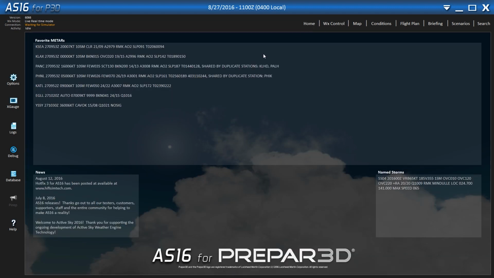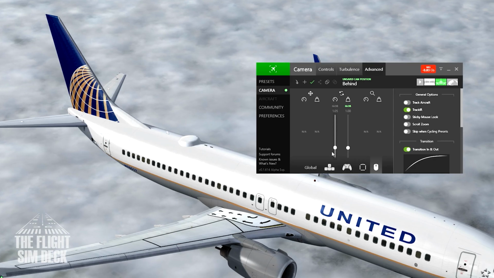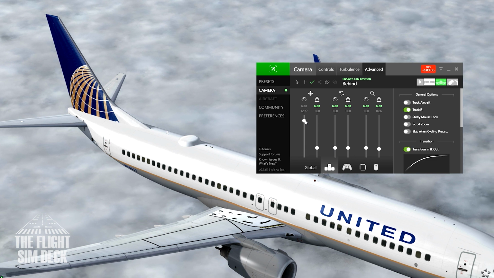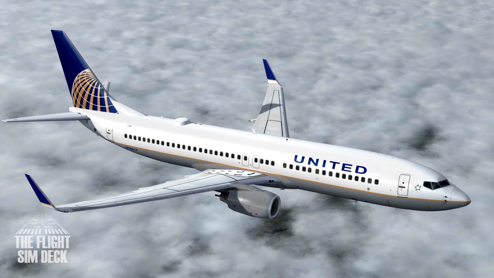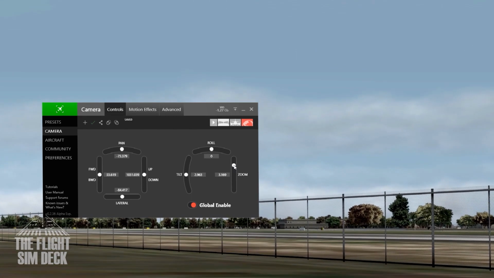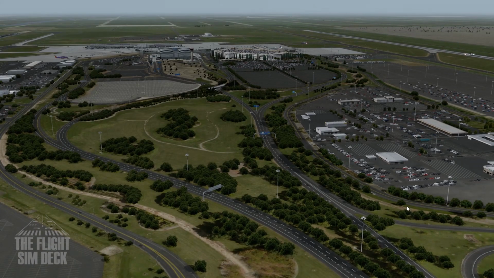Next is Chaseplane, and this is a fantastic camera tool for Prepar3D. And as a video producer, this is one of my favorite add-ons. Really lets you get in there, control the camera, do cinematics, move around the cockpit easily. Works good with TrackIR. It's just an amazing camera tool. Definitely, I would say my number one tool for